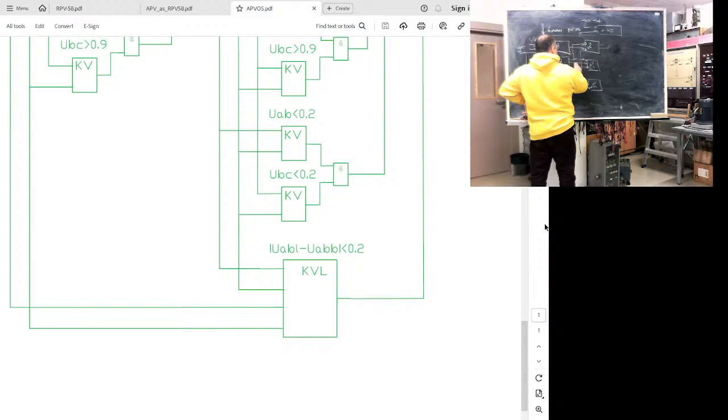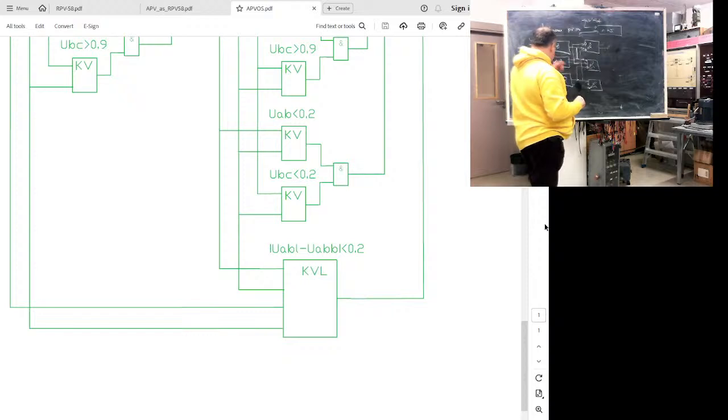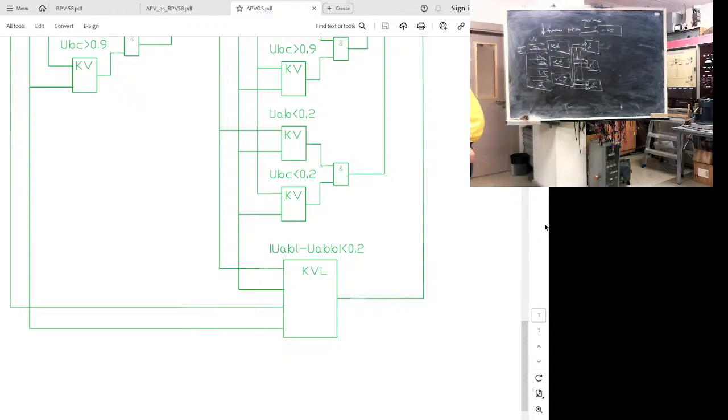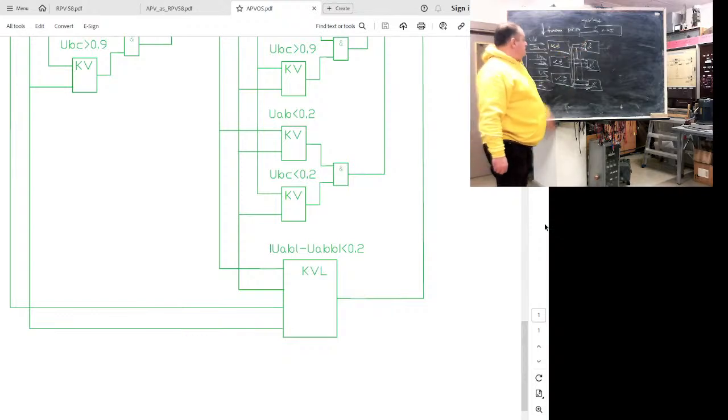Wait 1 second. This one should go here. This one should go here. And not one of these, and it operates if this one and non-B, non-A. Yes. This is a selector called circuit 2 from 3, a circuit that checks that we have a fault only in one phase. If we have a fault only in one phase, the logic starts, it sends a signal